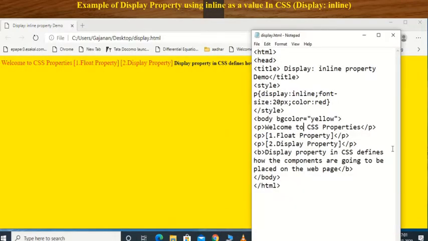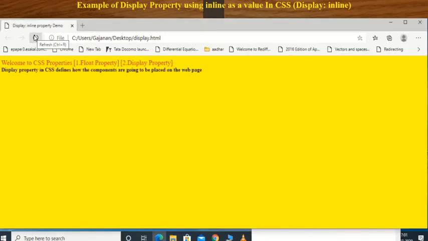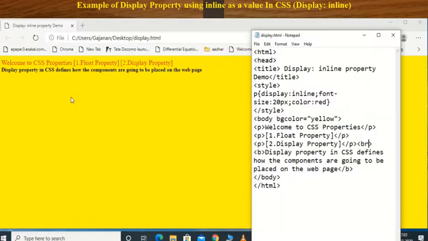Suppose I want to use a BR tag. Save this and execute it. Like this. Clear? That means we have to apply the display inline property here.